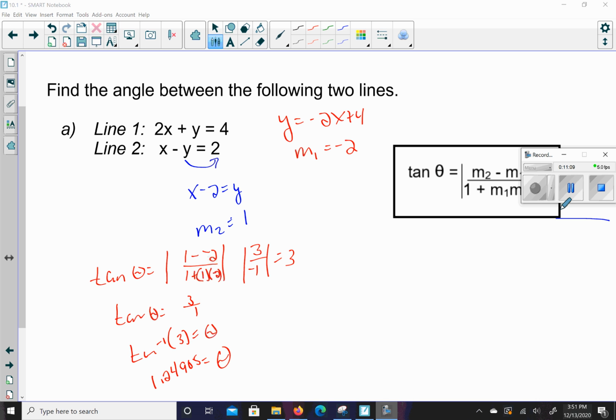So in radians, I get 1.24905. And then to change that to degrees, theta ends up equaling 71.57 degrees. And then the reason why you're doing the absolute value, if I can go back to a picture